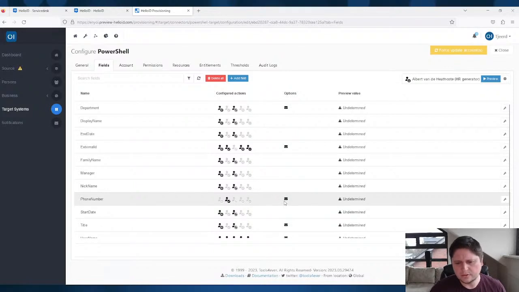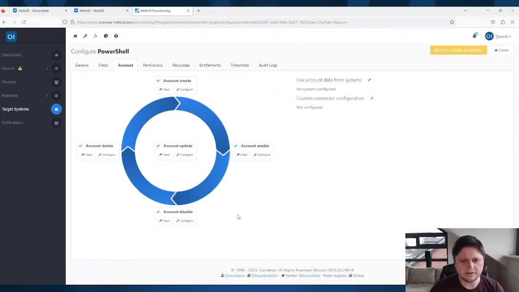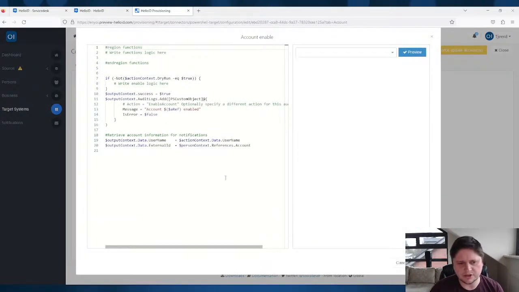Now what I could do is, normally I have some PowerShell script that fills up my account variables. In this I have the enable action like I just mentioned, and I'm doing something here to create on Active Directory, Azure AD, things like that. But what I could do here also is depend on some custom logic in PowerShell whether the phone number has a value, yes or no. So if I generate a phone number for everybody starting with a D or something like that as the last name,